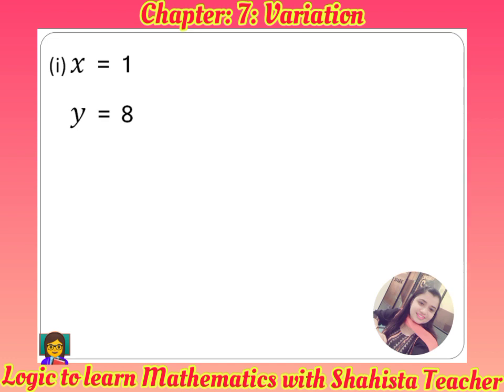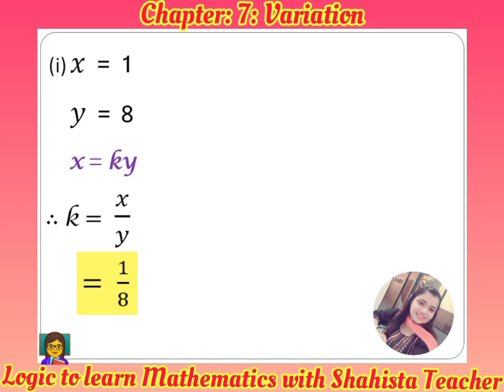We are solving sub question 1 here. So X is equal to 1 and Y is equal to 8. So this equation we have to use here. X is equal to KY. So here X is equal to 1 and Y is equal to 8. K is equal to X upon Y, that means 1 upon 8. So in equation 1 we get here 1 upon 8. This is given in that table. Okay, 1 upon 8 is given in that table.